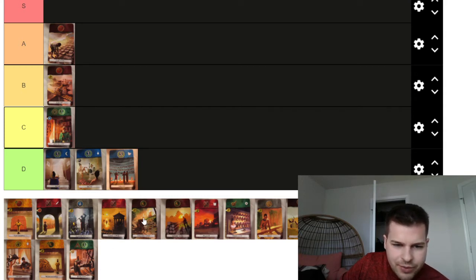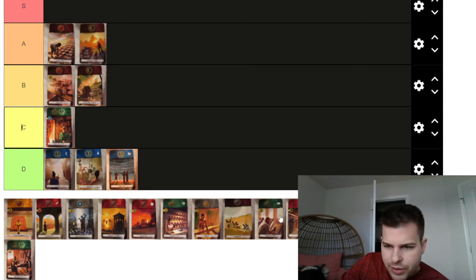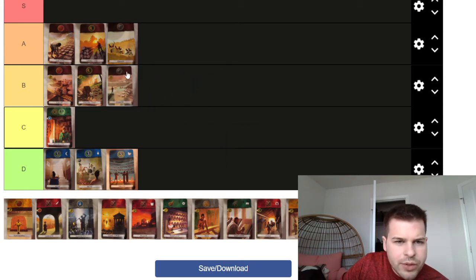And I'm just going to do that for all of them right now for the same reasons. All the brown resource cards right there. Quarry, stone pit, lumberyard, logging camp, and